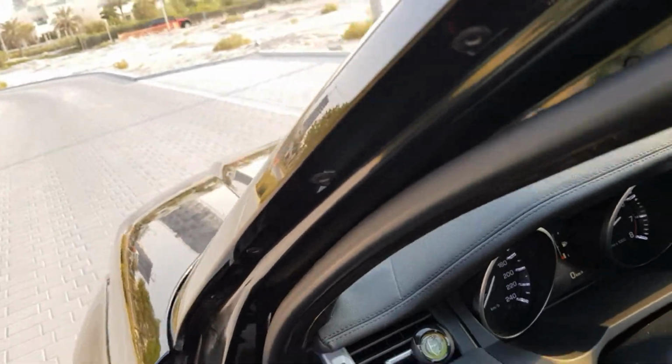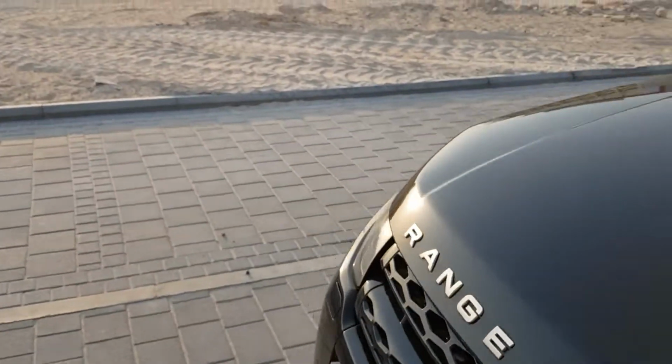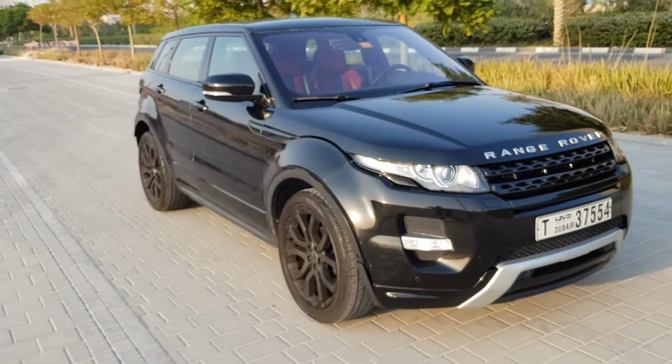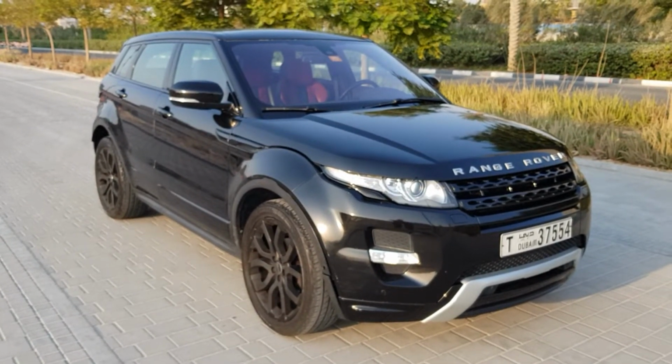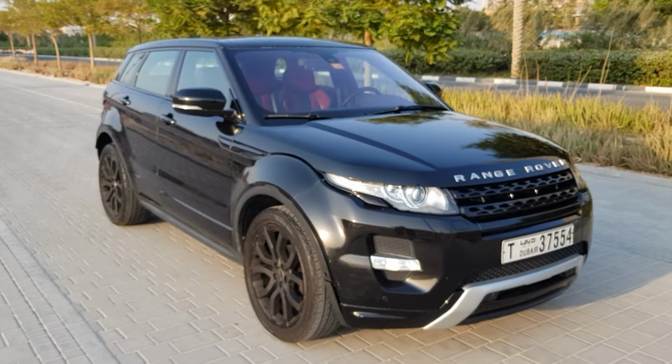Bleeping to let me know that the ignition's on. I'm stepping out with the key in my pocket, but that's not a problem at all. And really such a nice car, and it's going to make its new owner the envy of whoever's drive they're parked next to. So all in all, a drop dead gorgeous black Range Rover Evoque in the highest specification,